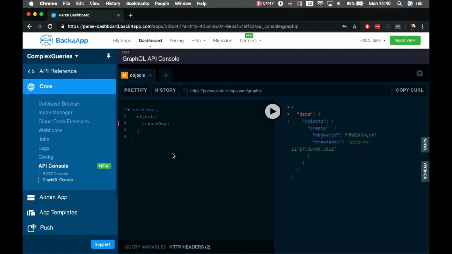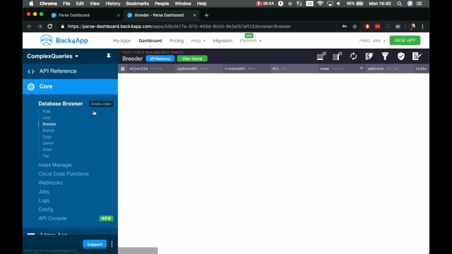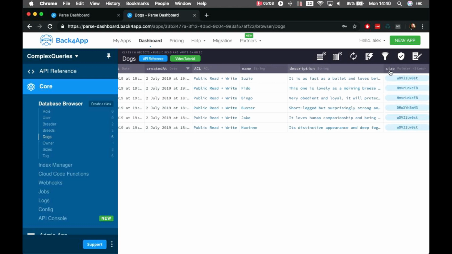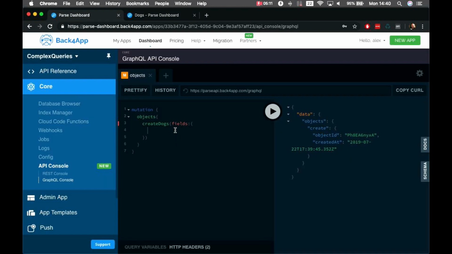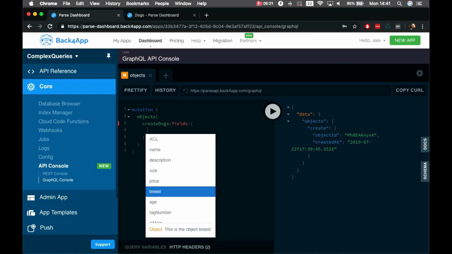And now that I have the schema for that, I can pass the fields for this, and it will autocomplete for all the properties I have inside my dogs class. Those properties we can see on another window here are name and description and size, but you don't have to know any of that when you're using the specific methods, because if you type Control space on a Windows machine or Option space on Mac, it will show you everything that you can